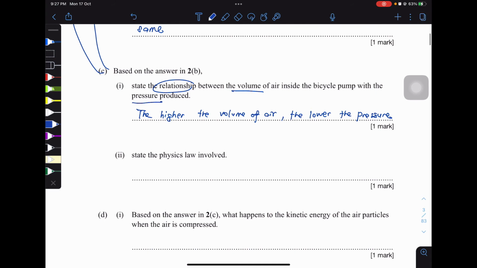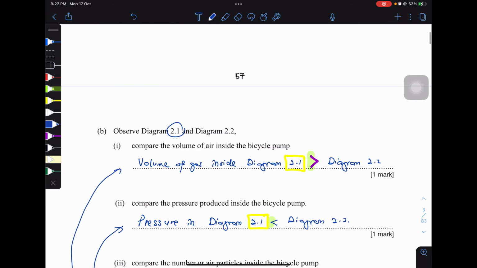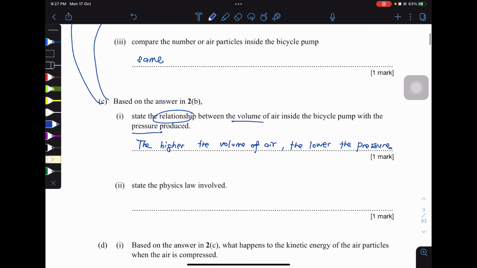State the physics law involved. What's the law? What's the relation? Okay, topic gas, we have PVT. So this one is not gas actually. This is topic heat. So we have volume and pressure. So that's